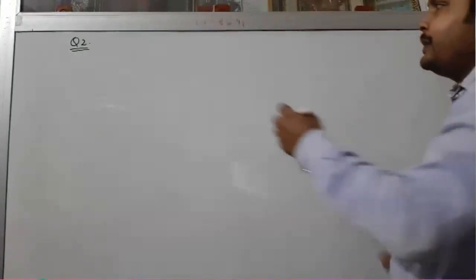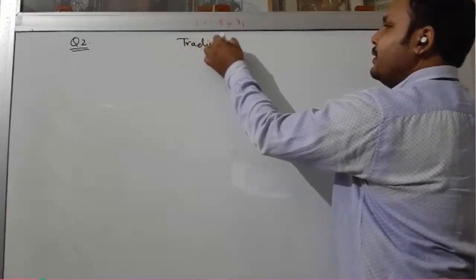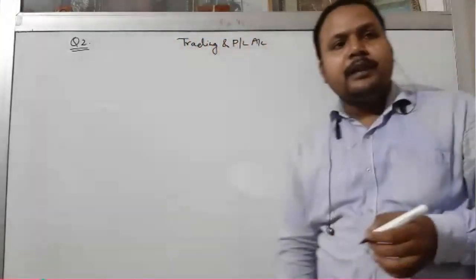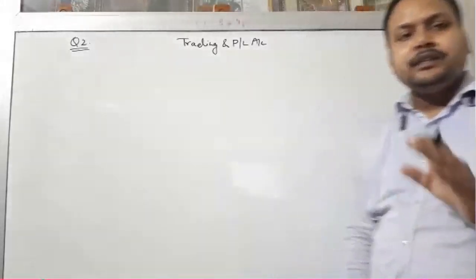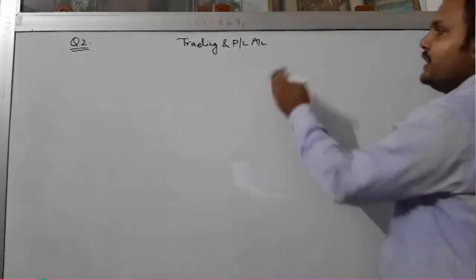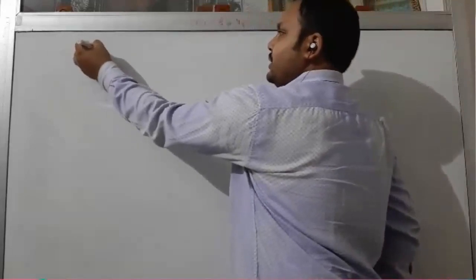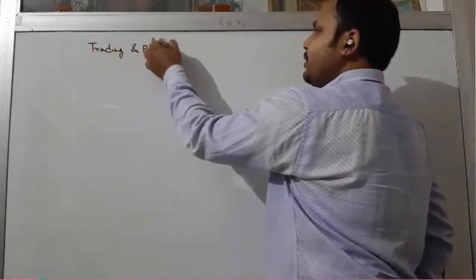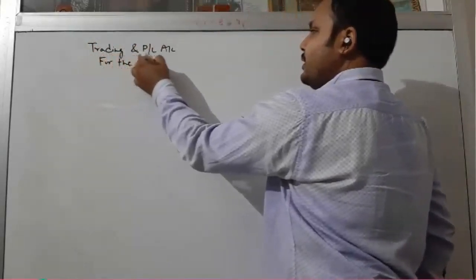First of all, we prepare the format of the trading and profit and loss account combined. बिकॉज यू नो वेरी वेल, जब भी कोई क्वेश्चन में आपको ट्रेडिंग एंड प्रॉफिट एंड लॉस अकाउंट बनाने को कहता है वो भी कंबाइंड, यानी दोनों ही चीज बनाने को कहता है. It means trading and profit and loss. आपको जब भी फॉर्मेट बनाना चाहिए, सो इट इज वेरी इंपॉर्टेंट कि दोनों कंबाइन ही बनाना चाहिए. So we write down the trading and profit and loss account for the year ended